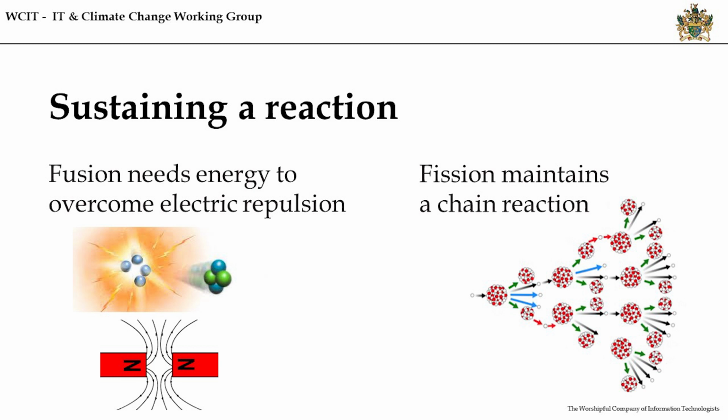Your two nuclei have a positive charge because of the protons in those nuclei. So when you try and bring them together, it's like bringing together two north magnets. They're going to repel each other. So you actually have to put energy in to overcome that electrostatic repulsion and actually get them to fuse. So when you've got fusion, you have this startup energy, this kind of ignition energy that Stuart was talking about.